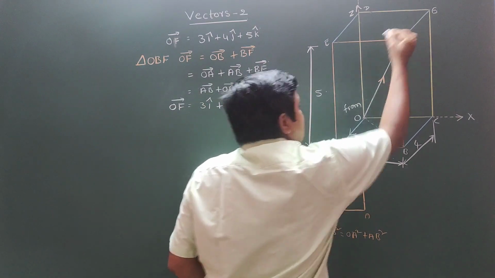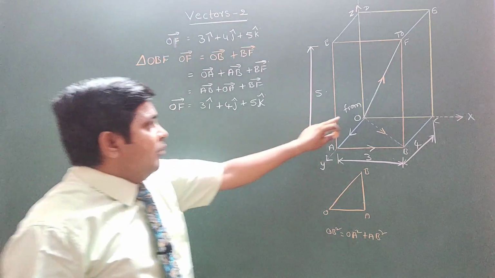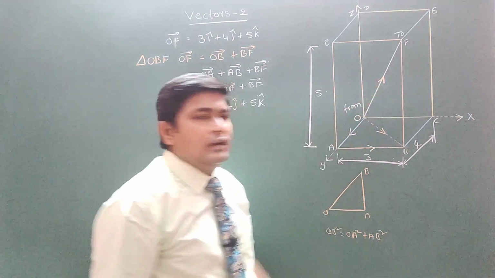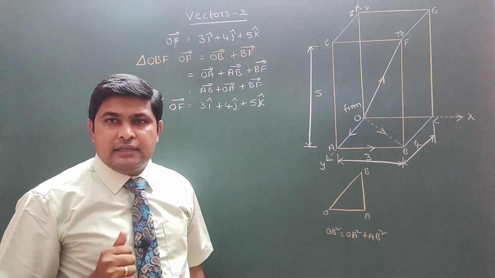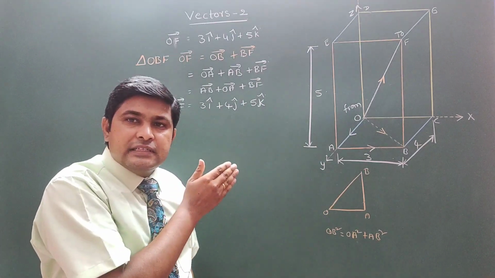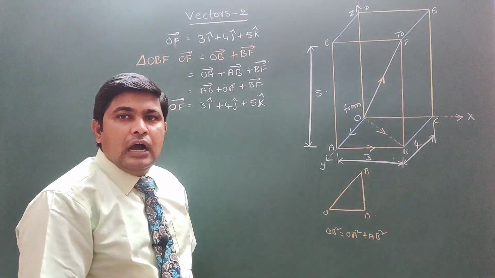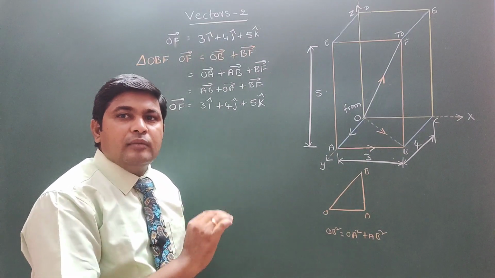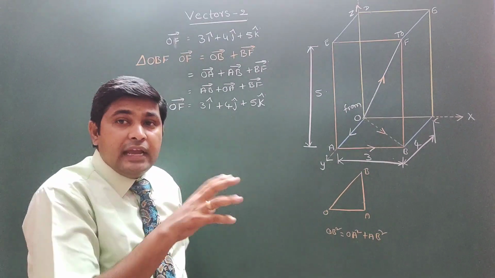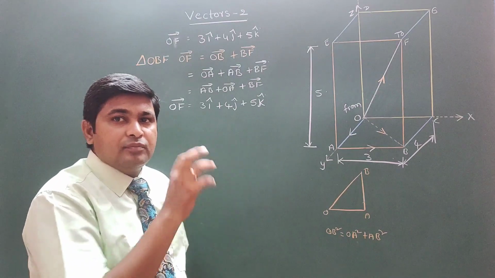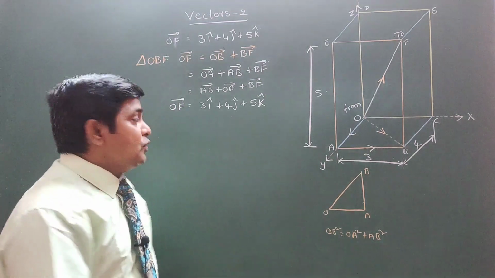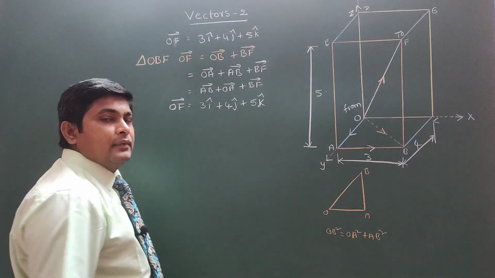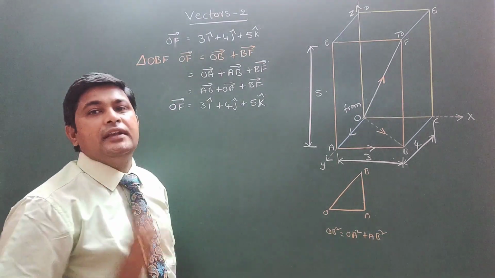So it has a journey from O to F. Now, how much distance is it covering from the X axis? How much distance from Y? How much distance from the Z axis? Like 3 axes. From these 3 axes, how far is it going? That is going to give us a single representation, that is a 3D vector.